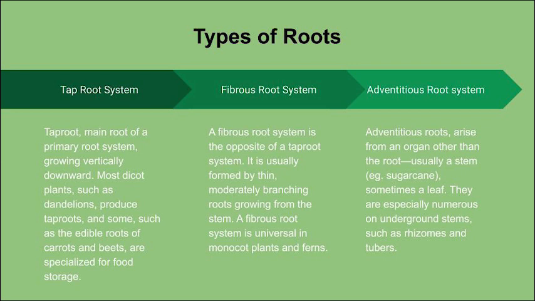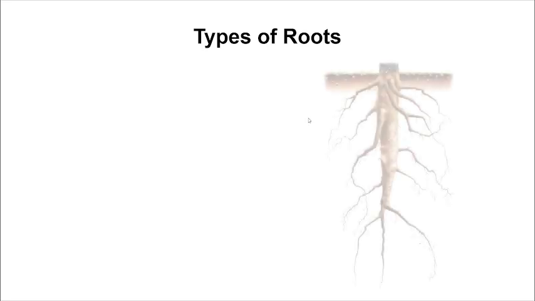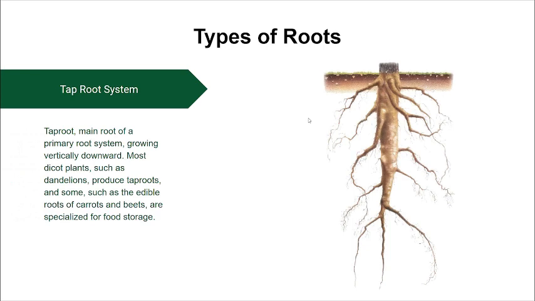Moving on to the types of roots, these are broadly classified into three types: taproot, fibrous root and adventitious root. In the taproot system, the primary root continues to grow and remains distinct. The large main taproot is the true root as it develops directly from the radicle. Taproot may reach very deep in the soil and it is present mostly in dicot plants, for example mustard, carrot, turnip, etc.